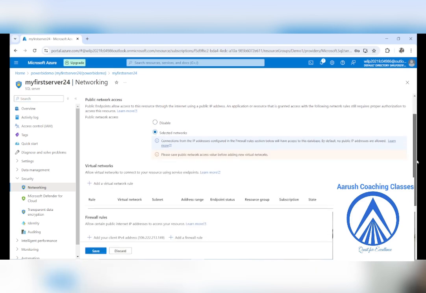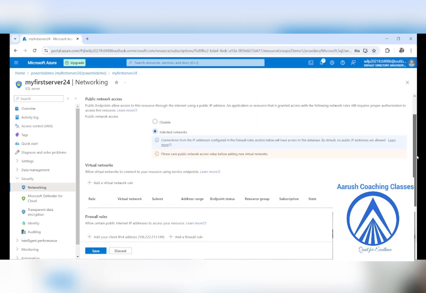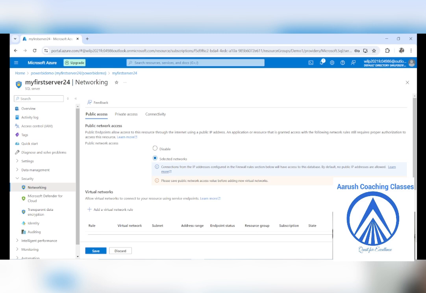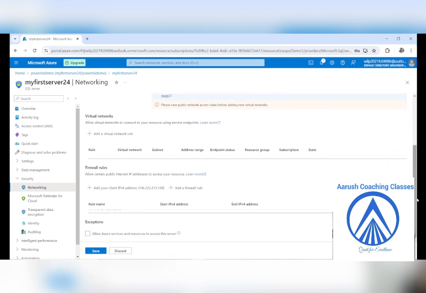Selected networks, yeah, sorry. So selected networks, actually it was disabled, that's why the options were not coming. See, what you actually have to do is just click on add client IP, and then you have to save it. That's all.